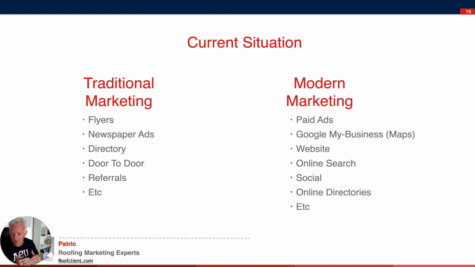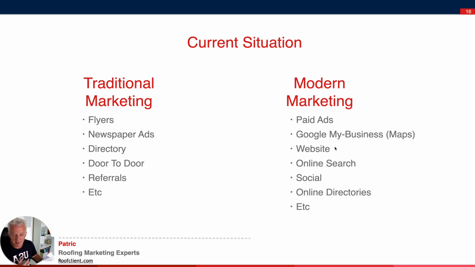You have traditional marketing, which involves flyers, newspapers, directories, door-to-door selling and referrals. Those are the primary traditional systems that have been around since probably going back further than the 70s and 80s, but a lot of the roofers and contractors looking here would have been running this since the 1980s into the 1990s. Some of this works for roofers today, and some of them do it all the time, and that's fine.